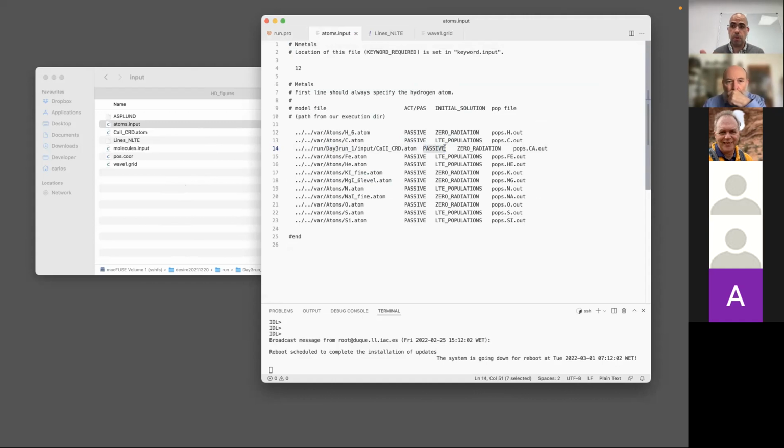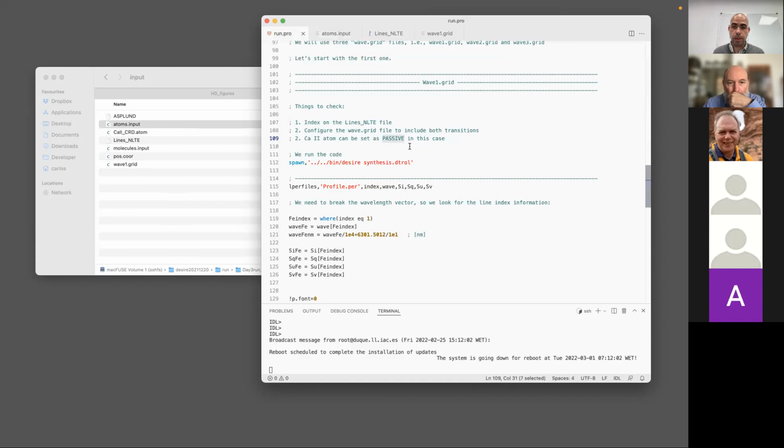So my goal here was to show you what things you need to change when you are going to do a non-LTE synthesis, mainly if you come from SIR and you want to know what things you need to change. Okay, so then with that done, we need to call DeSIRe. In this case, we are going to call